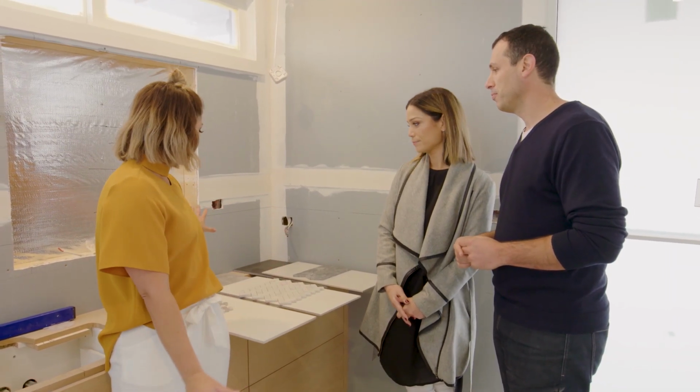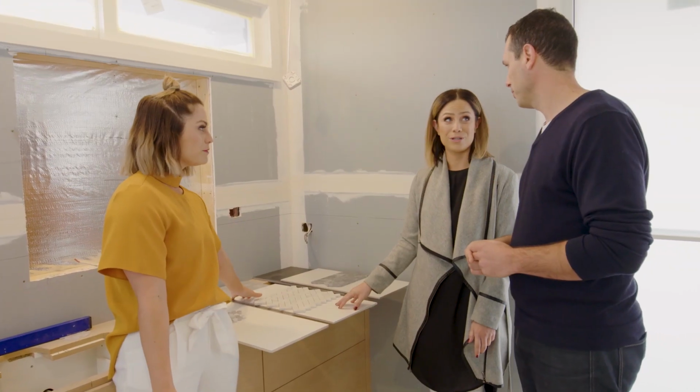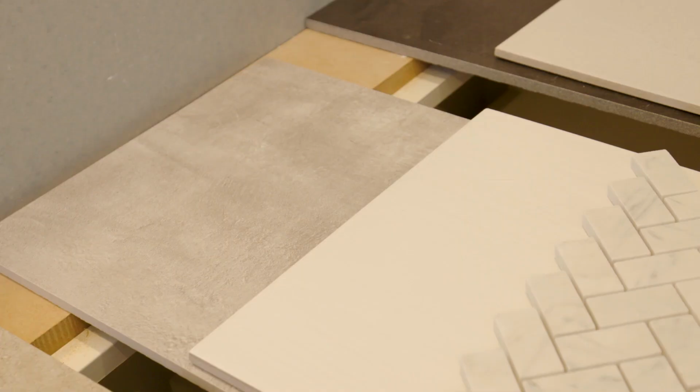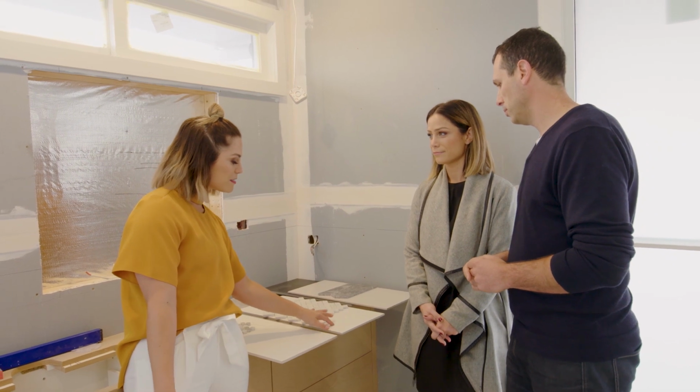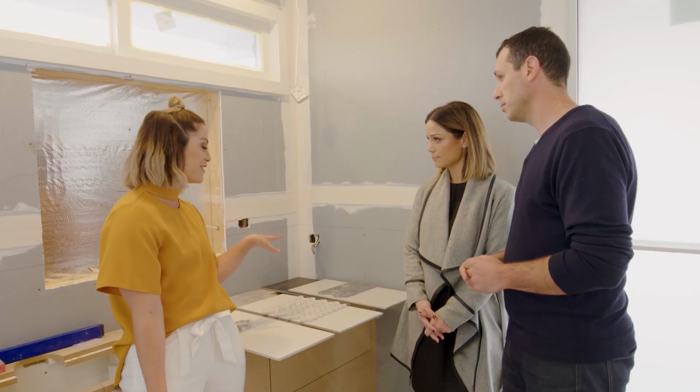So we've got the Unicom floor tile, a concrete look, with the Savoia wall tile made from Italy, which I absolutely love. They're both Italian made, so that's always a good tick. The floor tile really complements the wall tile because the wall tile has slight tinges of grey through it. So I think this is a definitely good option, and I think it definitely ties in with the scandi